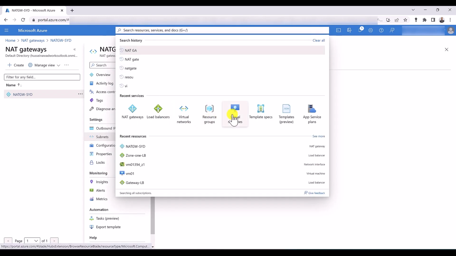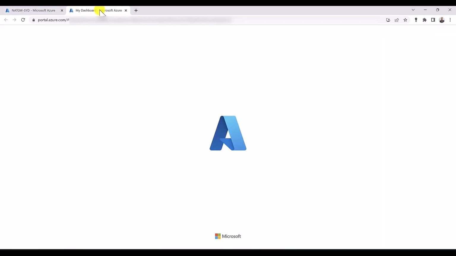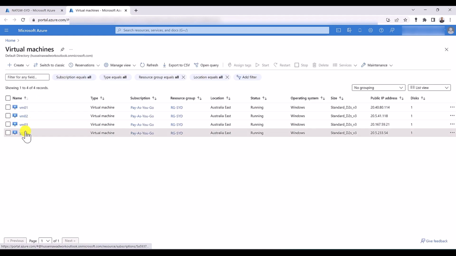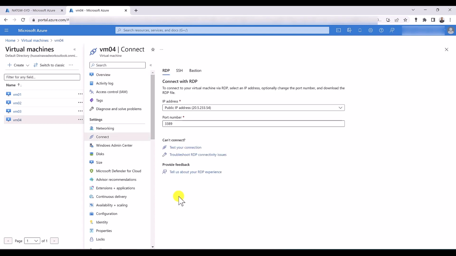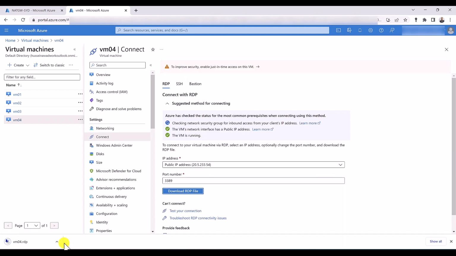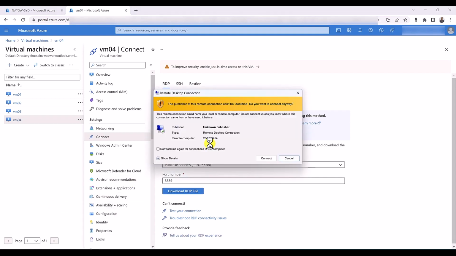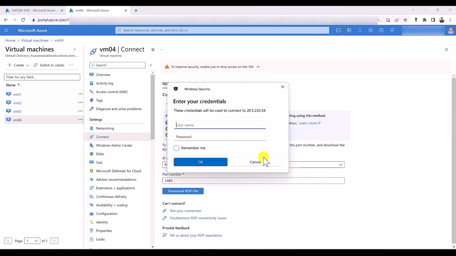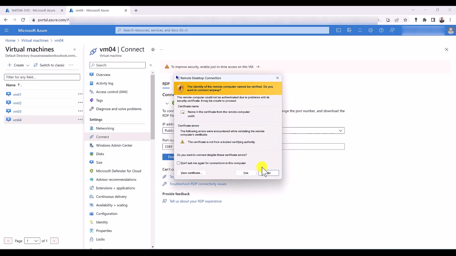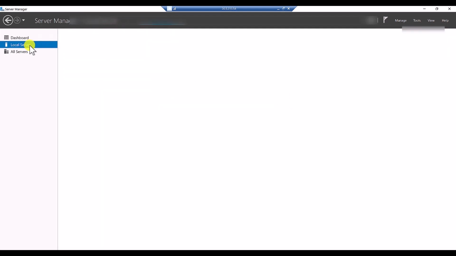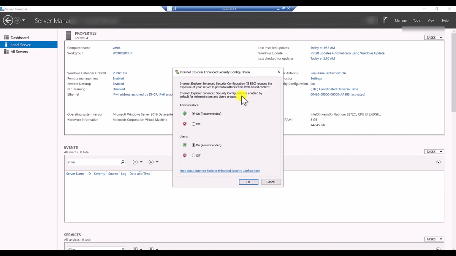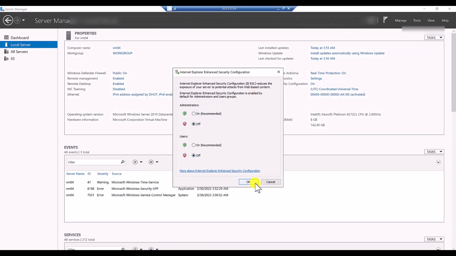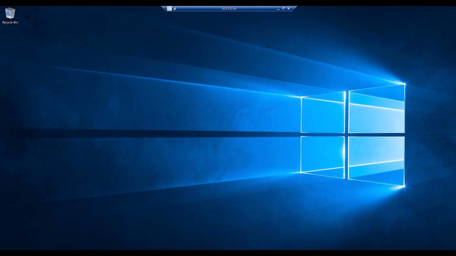So if we go to virtual machines, for example, and if we connect it to VM04 using RDP connection, and let's connect to the VM using the username and password we used when we were creating the VM. Let's browse to local server and let's disable the enhanced security configuration for IE to allow us to test our scenario. Now, let's open IE